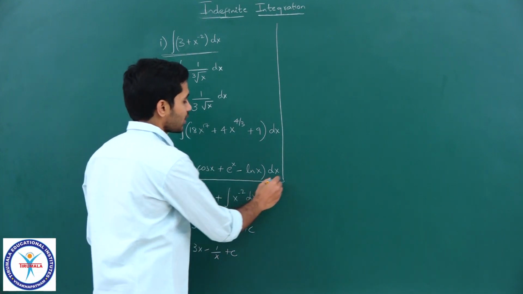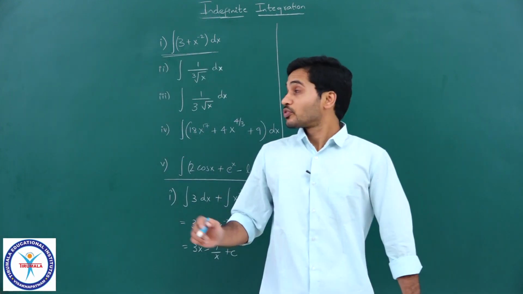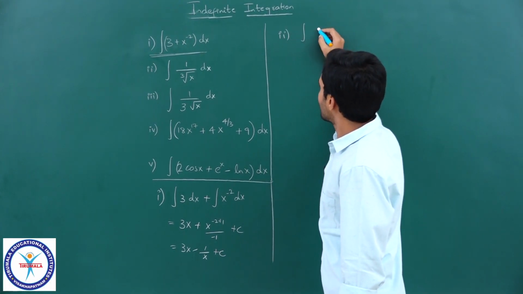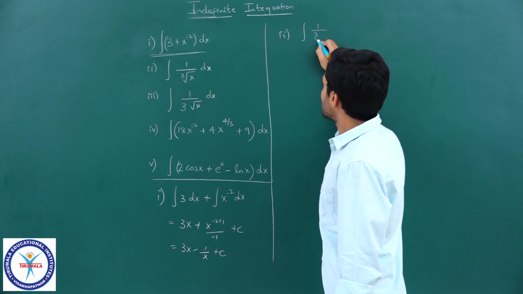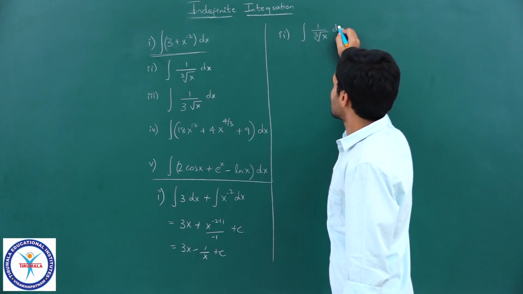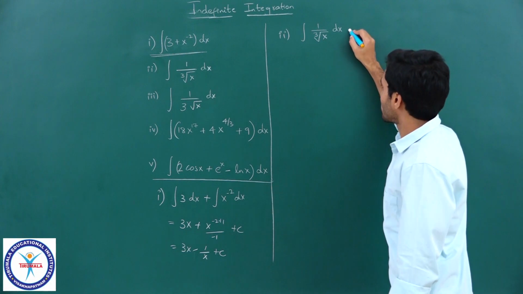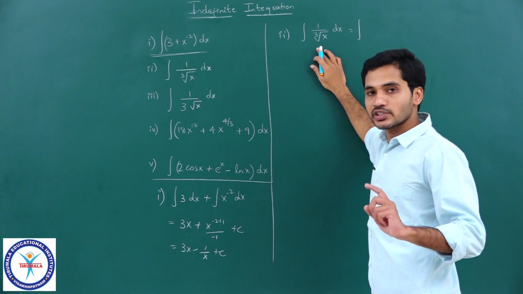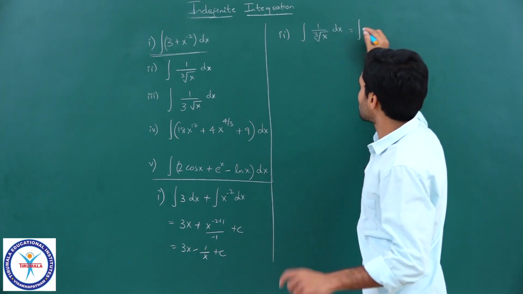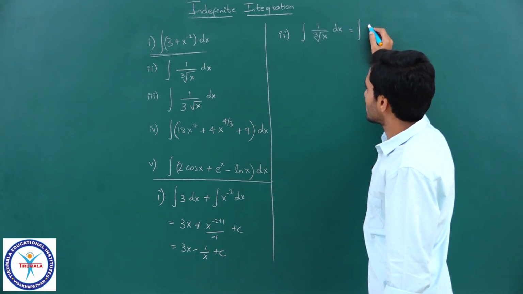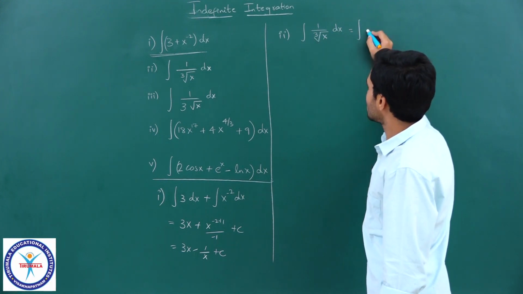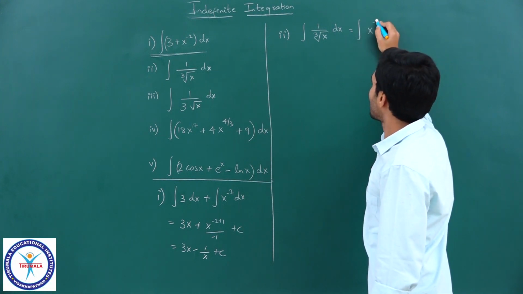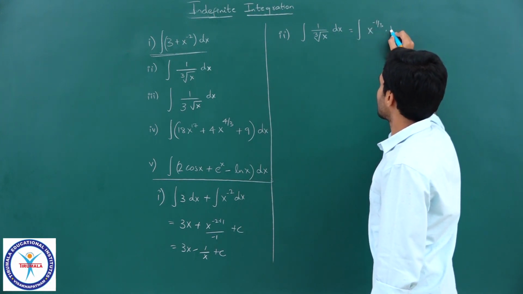Okay. Now, let us see the remaining questions as well. If you see the second one, it is basically the integral of 1 by cubed root x dx, right, students. First bring it into x power n form, like we would have done in differentiation also. What will I get if I do that? This is x power 1 by 3, and if x power 1 by 3 goes to the numerator, it becomes x power minus 1 by 3 into dx.